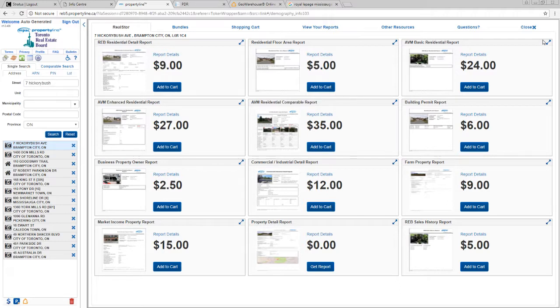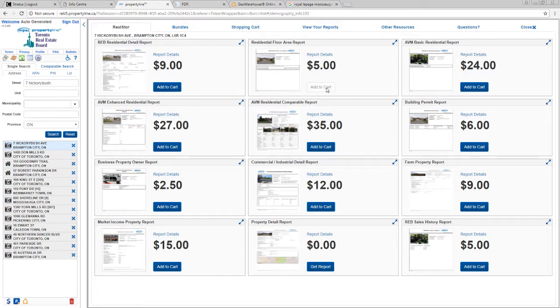So if your client says, I know the house is 2,900 square feet, the entire house including the front and the back, I just need to know how much is a floor. Which report will you download? You will download this report, the residential floor area report. You have to click on this